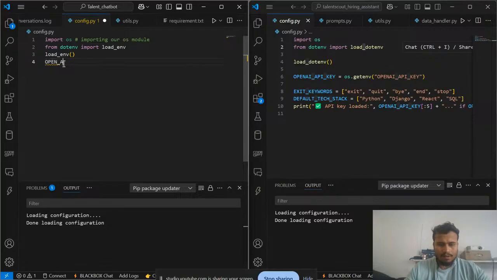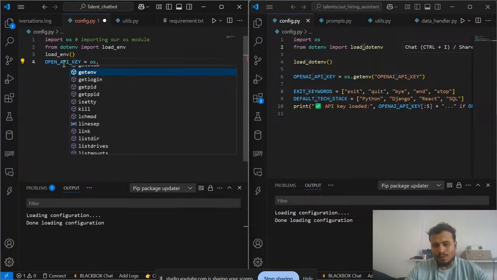I write here OPENAI_API_KEY. Basically I am defining one variable named OPENAI_API_KEY, and within this variable I will be storing my API key. And again, for what purpose will this API key be? The purpose of this API key will be that